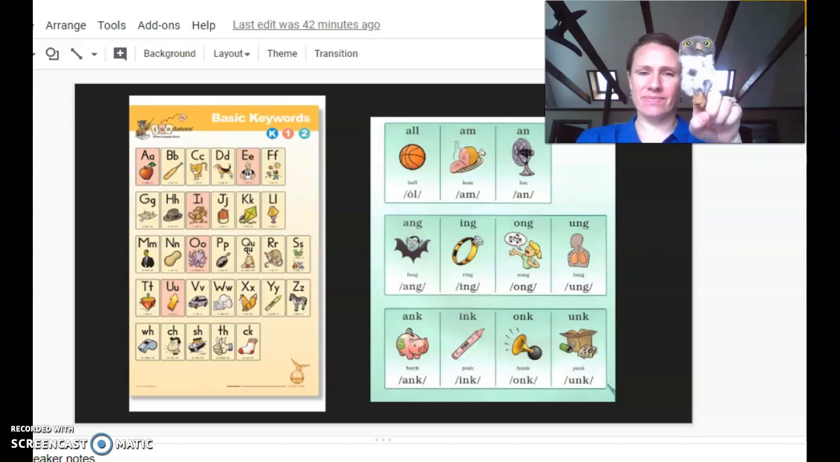T, t. Ch, chin, ch. Ck, sock, k. Am, ham, am. Ing, ring, ing. Ong, song, ong. Ank, bank, ank. Unk, junk, unk. Remember, you can always pause the screen and pretend to be the teacher and say